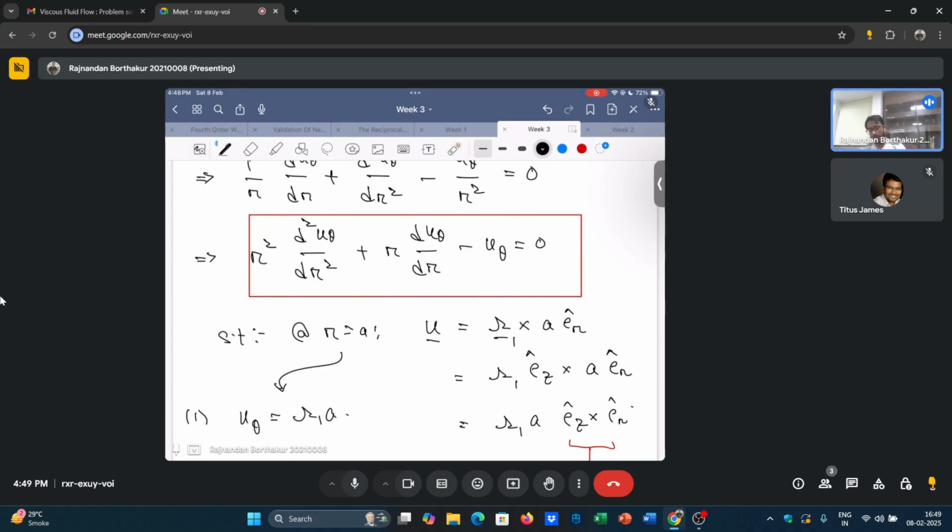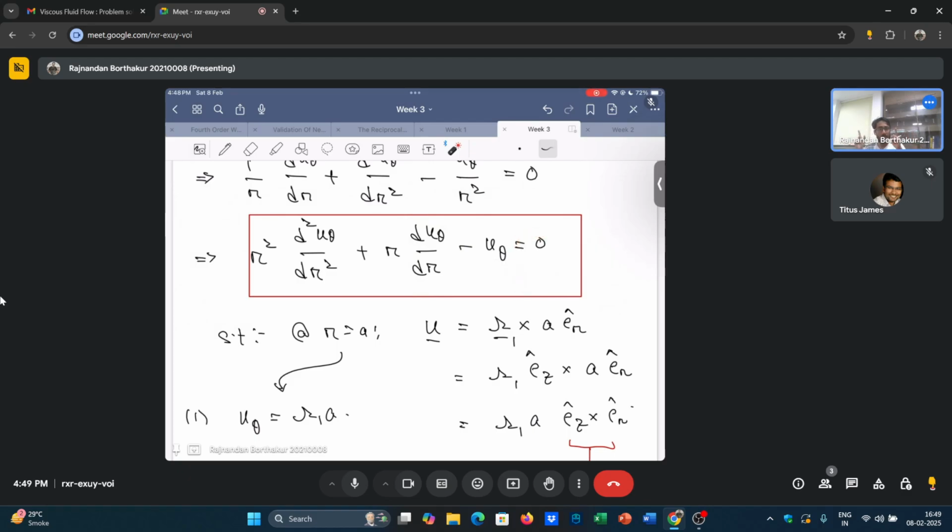Is it a linear or a non-linear equation? So R just, yeah, it's linear. Exactly, it's linear because R is not a dependent variable. R is an independent variable, to be precise. You are still multiplying the dependent variable with an independent variable. So this is a linear equation, and of course this is homogeneous because u theta equal to 0 also satisfies